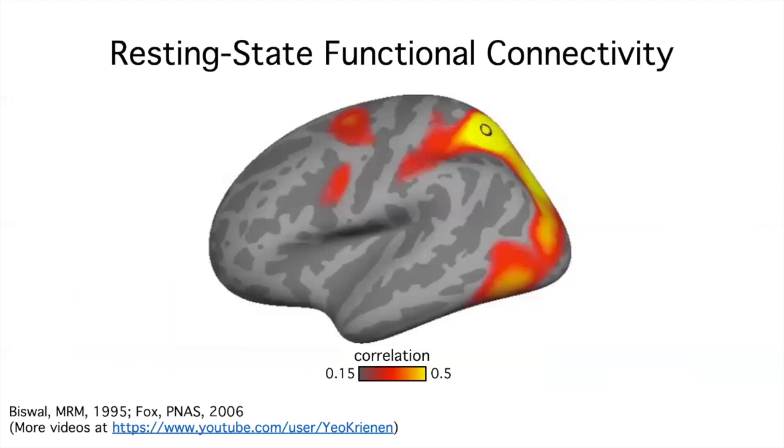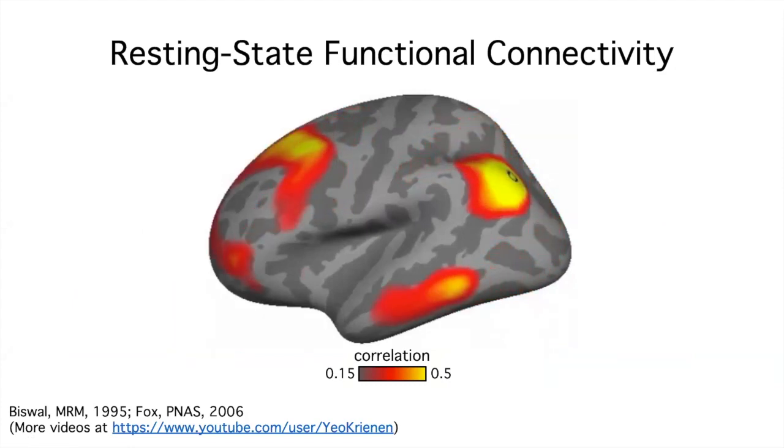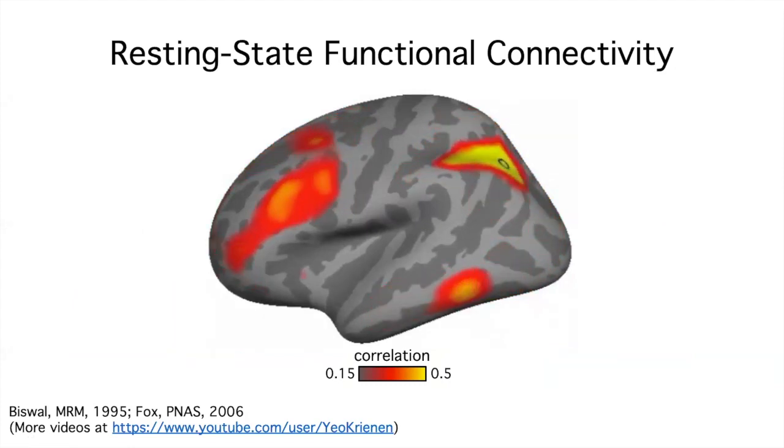For example, if we consider a superior parietal seed region and correlate its time course across the cortex, we get a network of brain regions shown here. This is called functional connectivity, and this network of regions is known as the dorsal attention network. If we let the seed regions move around, we see that the correlation pattern changes a lot, suggesting that adjacent brain regions can have very different connectivity patterns.